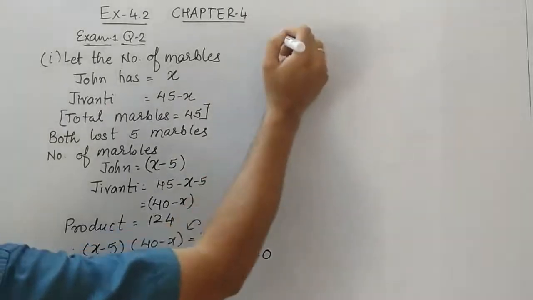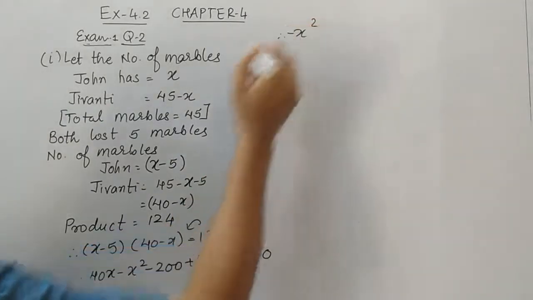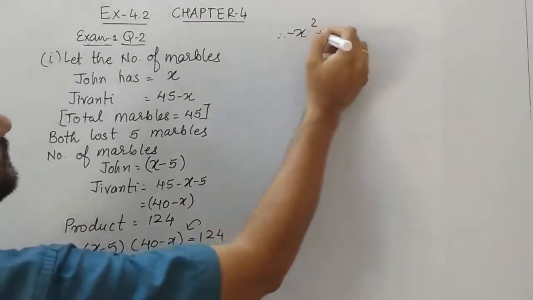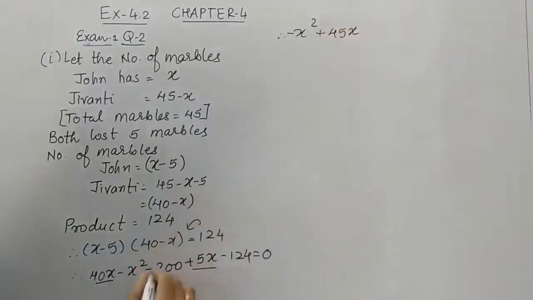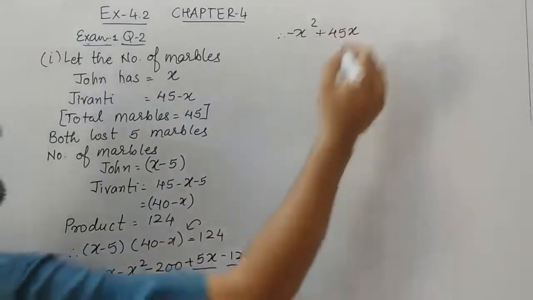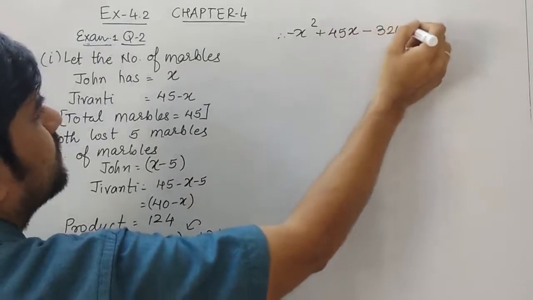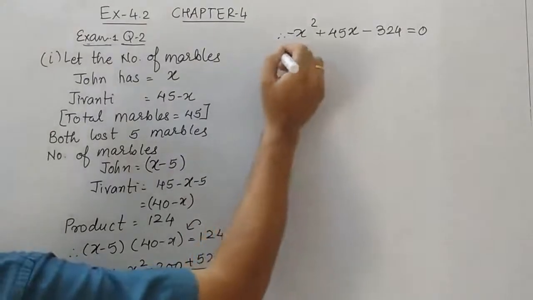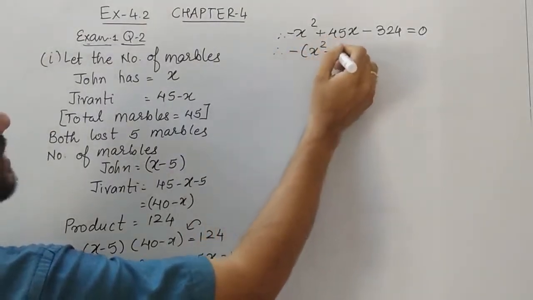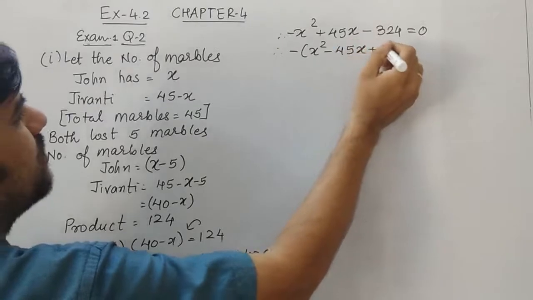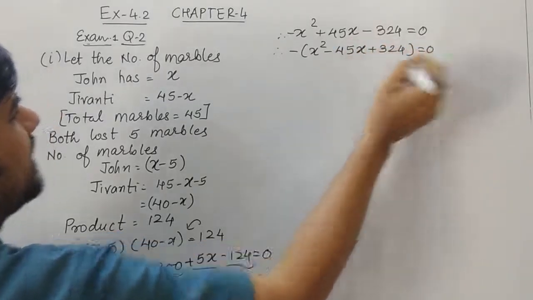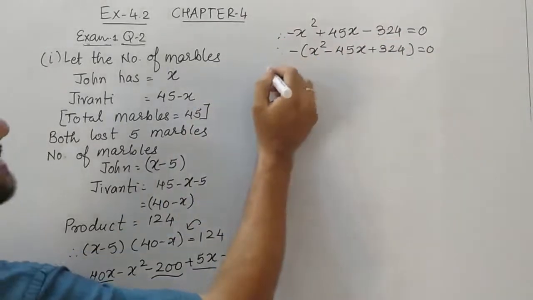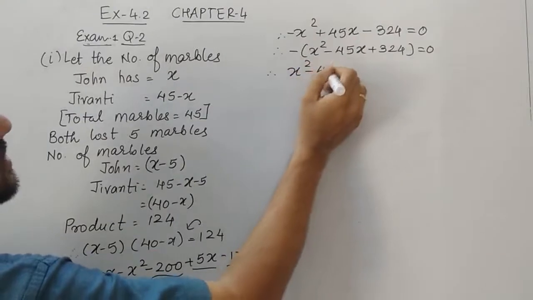Let's keep this term as it is. So it is X square, as it is minus, so we will keep it minus X square. These two are like terms, so plus 45X. And these are the other like terms, both with the same sign, minus 324. Now remember students, we should never keep the coefficient negative. So let's take the minus sign common. So X square minus 45X plus 324 equals 0. When we take minus outside, you can see that I have changed the sign of each and every term. Now I'll take minus to the right-hand side. So now this is what the equation remains.